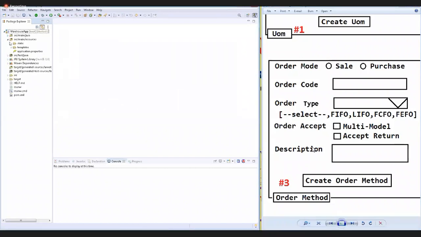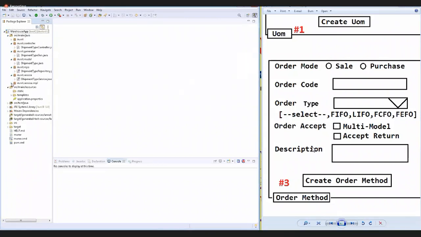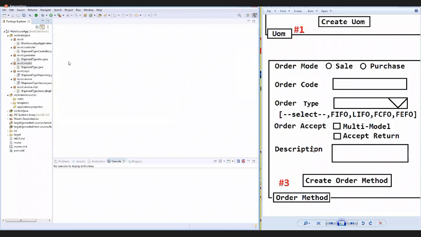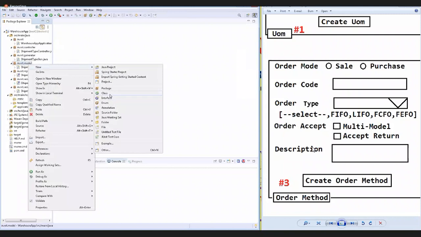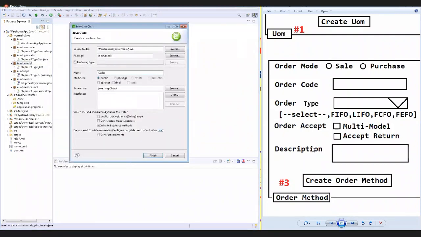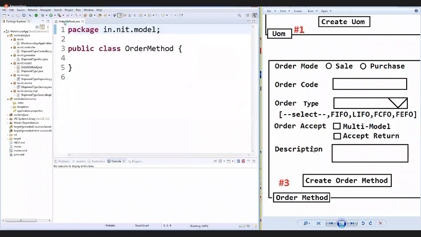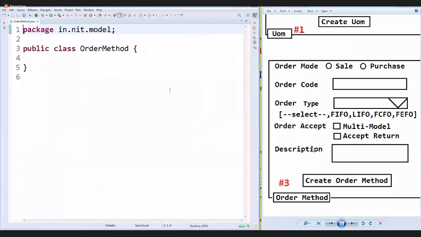I'm just writing application. Along with this only I'm just going to write. Now first I'm writing one model, right click new, I'm just writing a class. That's actually order method. It's a order method. When you mention the module name here, it's done. First add primary key, private integer